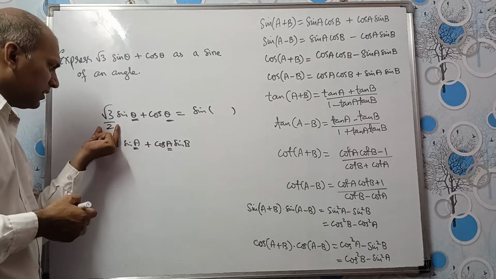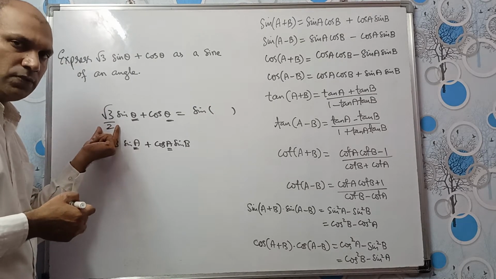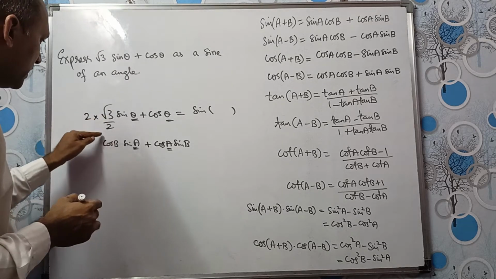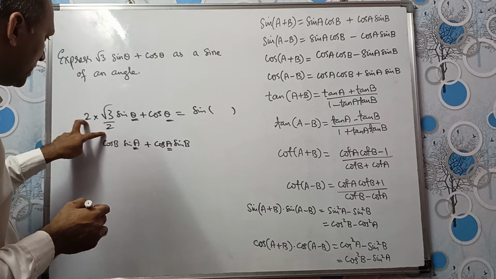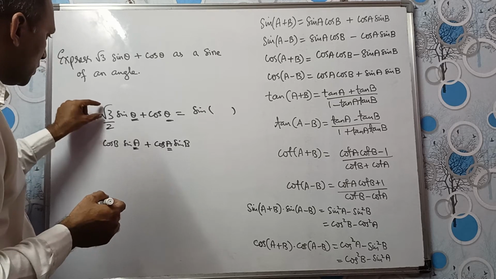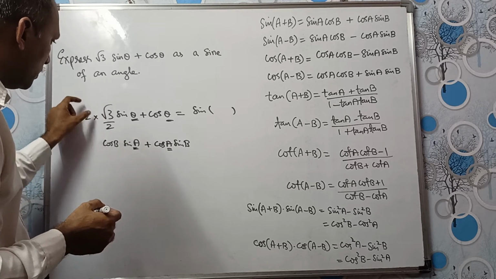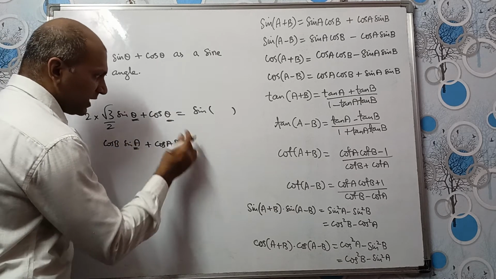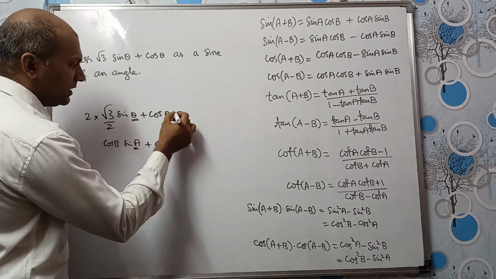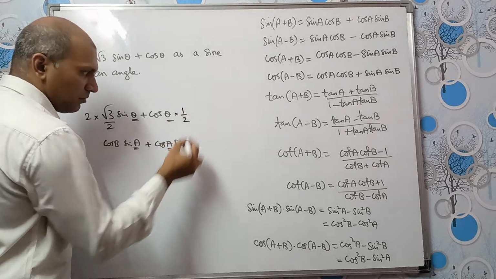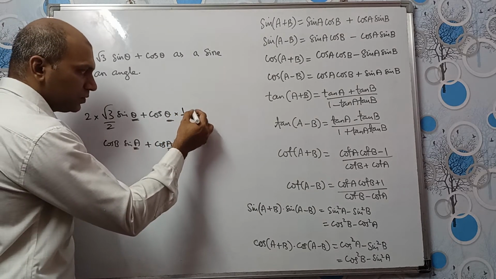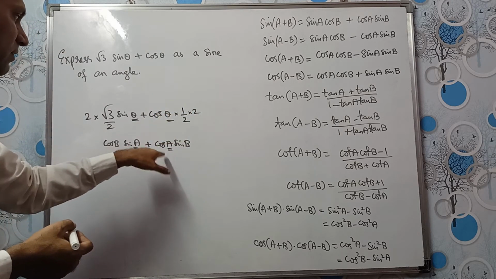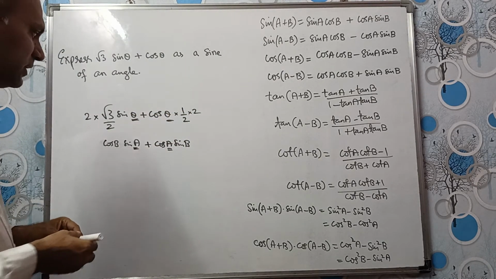But can we just divide this number by 2 like that? No, we need to multiply here also, right? Because the multiplication and this division will get cancelled, 2 by 2 will get cancelled, we'll have root 3. So this 2 root 3 by 2 is the same as root 3 sin theta only, right? So here also we need sin B. How can we write sin B now? Let us multiply by 1 by 2 and here 2. So 2 and 2 will get cancelled, we'll have cos theta only, right?